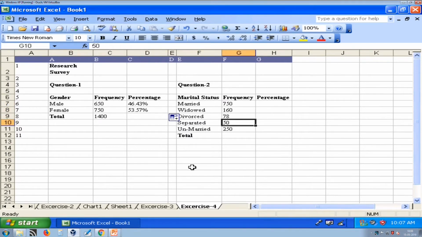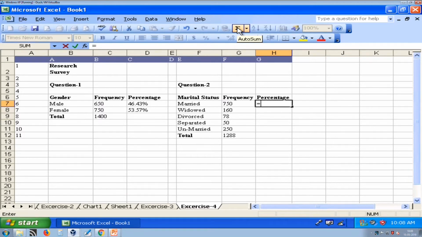Now, go to this part. Here again we want to perform a total and find out the percentage. So, press the auto sum button, it will automatically calculate the total. Now, you already know how to find out a percentage. Here we want to divide this value by the total, but we want to keep the total fixed for all rows. So, again press F4 to give an absolute reference to the divide value and press enter.